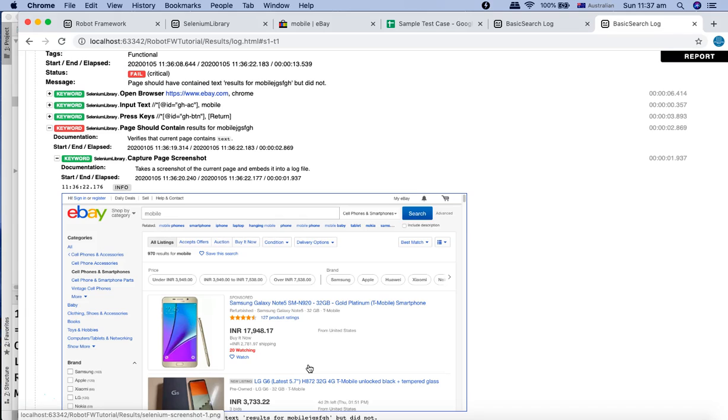So this is a very brief introduction about automating your manual test case into an automation test case using Robot Framework. Now in the next tutorial, we'll extend a bit more on this particular test case and show you a lot more